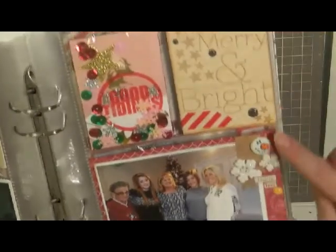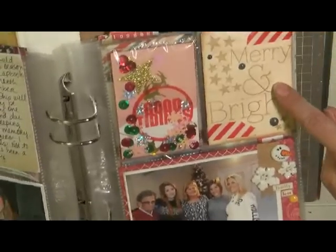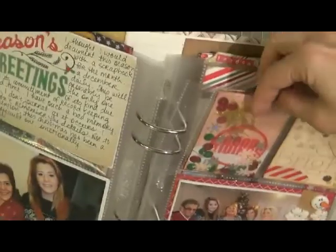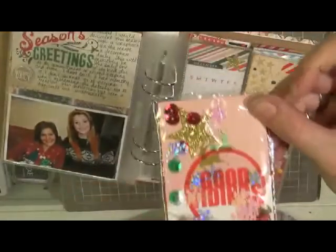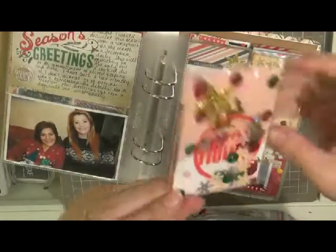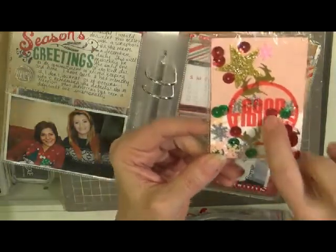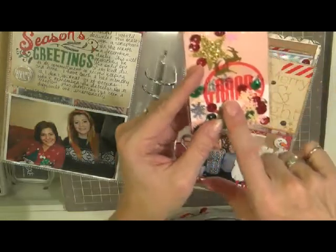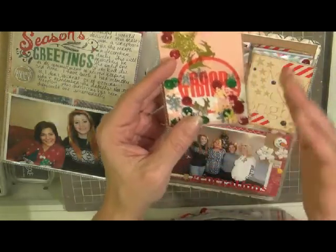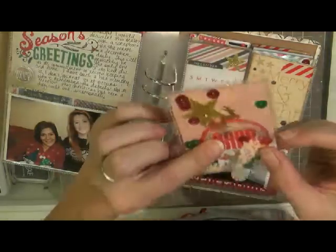And then we got some of the wood Project Life 3x4 cards in the kit. And I made these. Now, I'll share them with you. This is just one of those little page protectors that we got some of the transparencies in. Honestly, I don't normally like to use transparencies that are words and arrows and everything because I struggle with them, but I threw them inside this Project Life card,